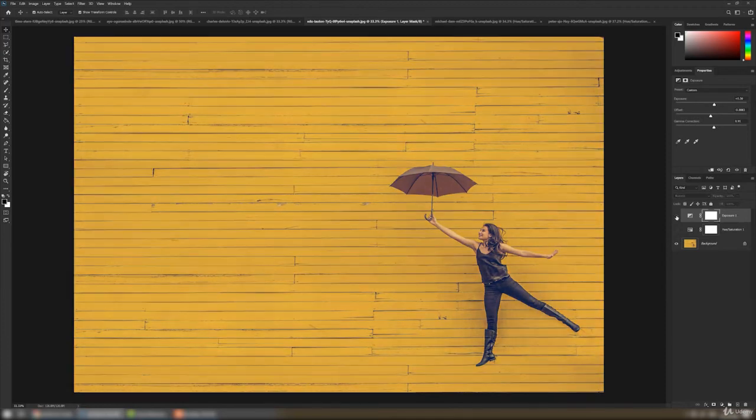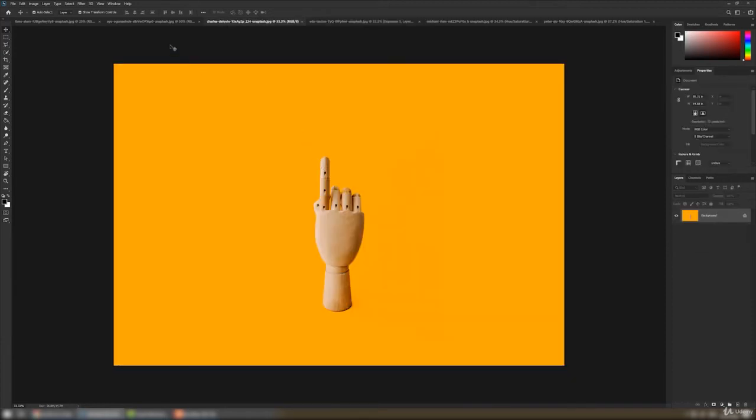And now we can see the difference between before and after. So that's how you will improve your images. So let's see another example. Let's assume I have to change this color, only this color.